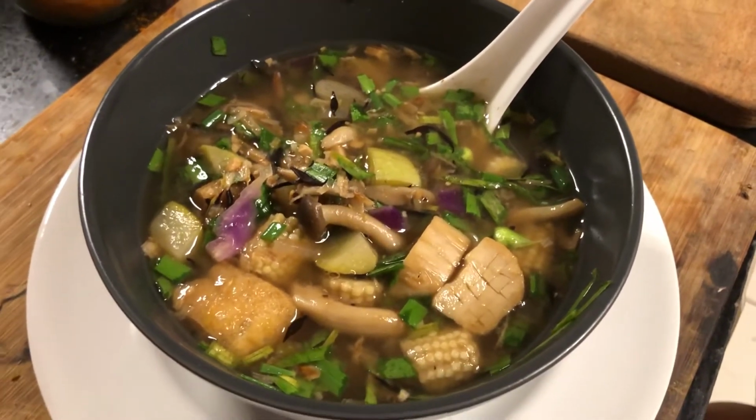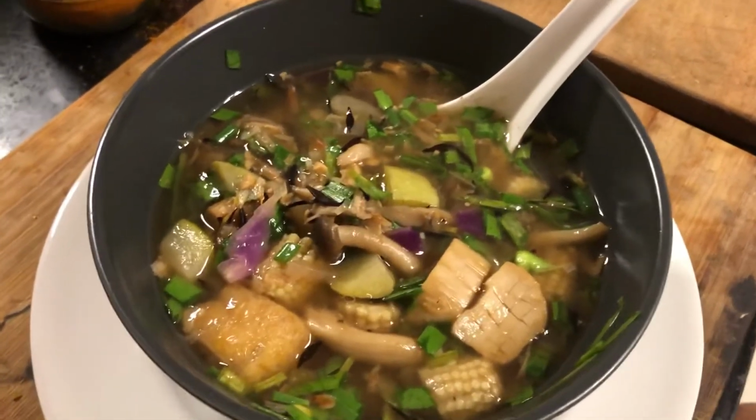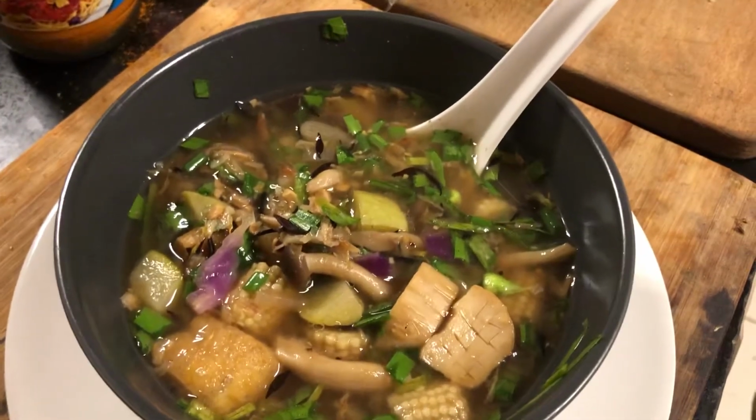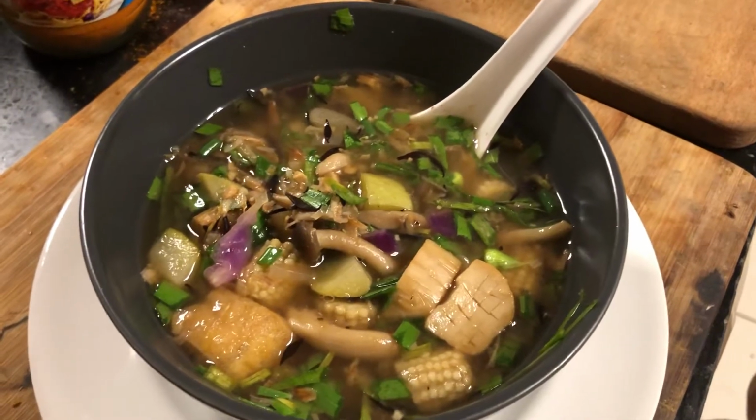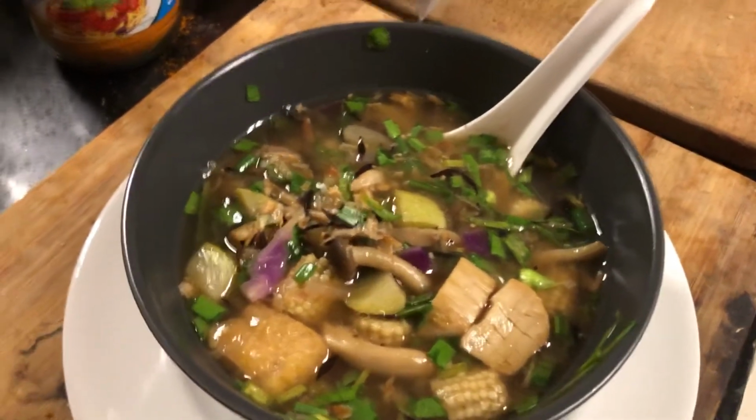And then you rotate it 90 degrees. And you score it again 4 or 5 times. So you get a crisscross pattern on each side. So do it for both sides of your king oyster coin. And then